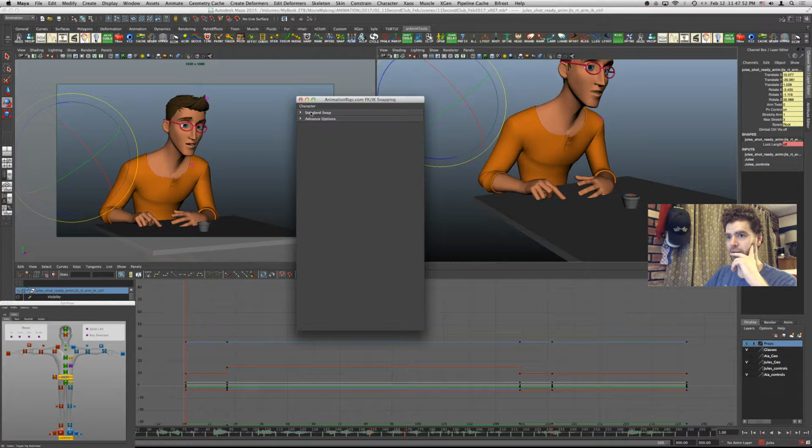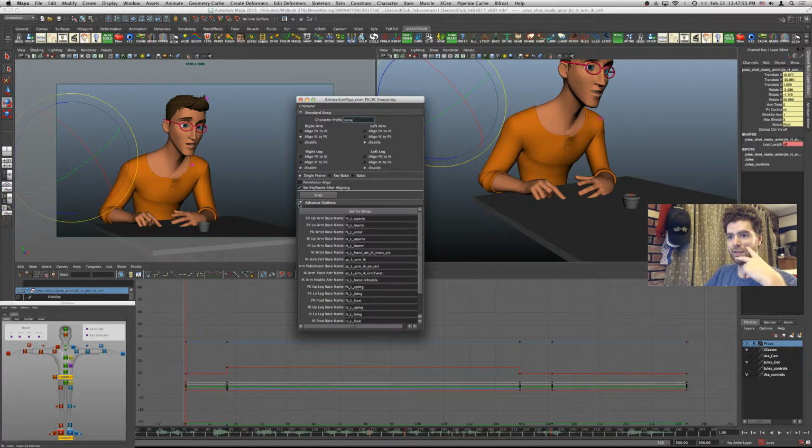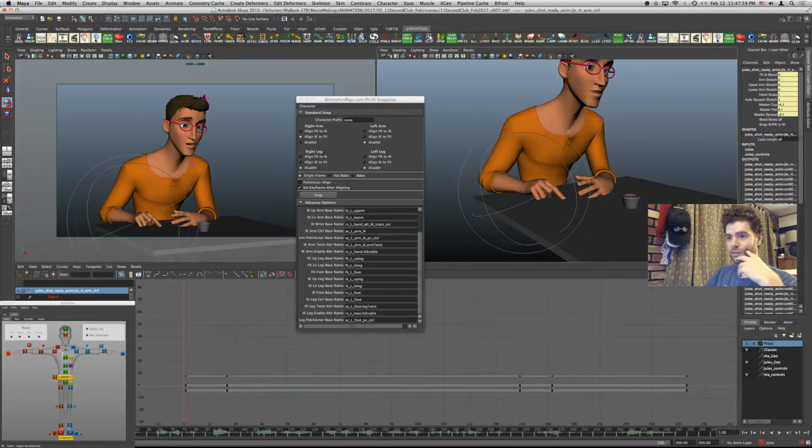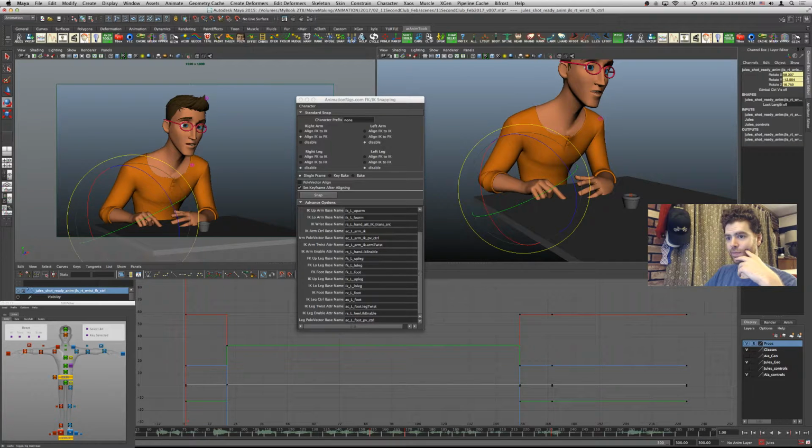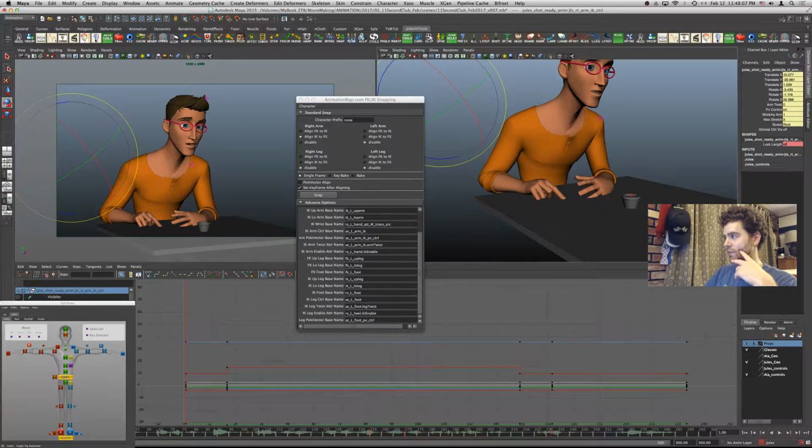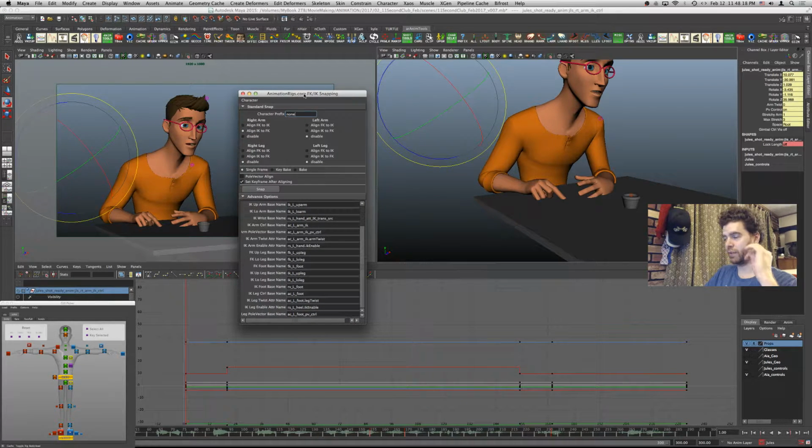I'm going to have to probably, I don't even know if this is going to work. If anyone out there in the world is really familiar with this rig, and you know your IK, FK on this, feel free to drop me a line.